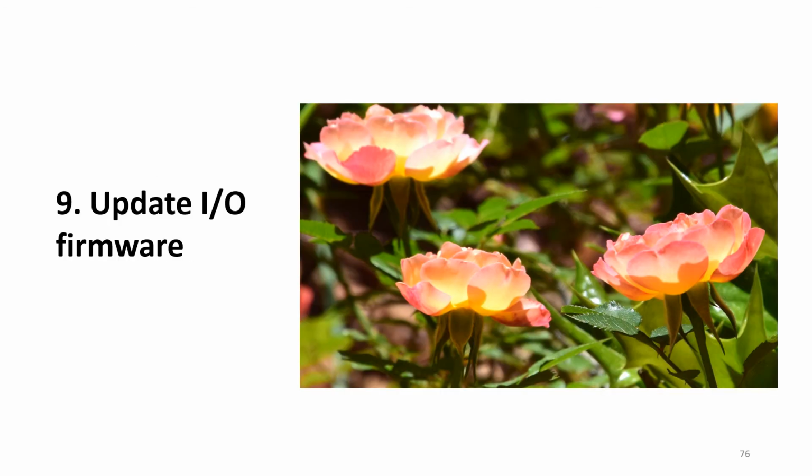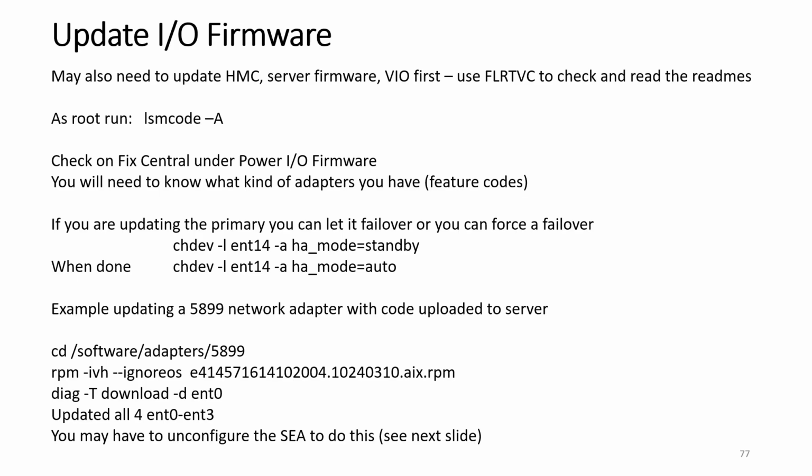And then I've mentioned a couple of times updating your IO firmware. After you've done your HMC and your server, since most of the IO is attached to the VIO, I just integrate this as part of my VIO update. And I run LSMcode, I go download the correct adapter code, you use the rpm -ivh to actually have it downloaded into the /etc/microcode. And it's not till you run the diag -T download that it actually installs it. Now if you're working on your